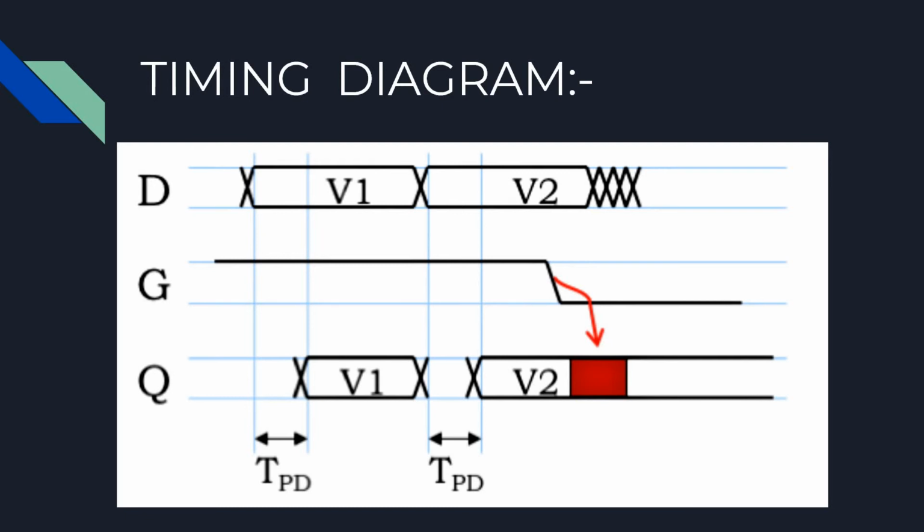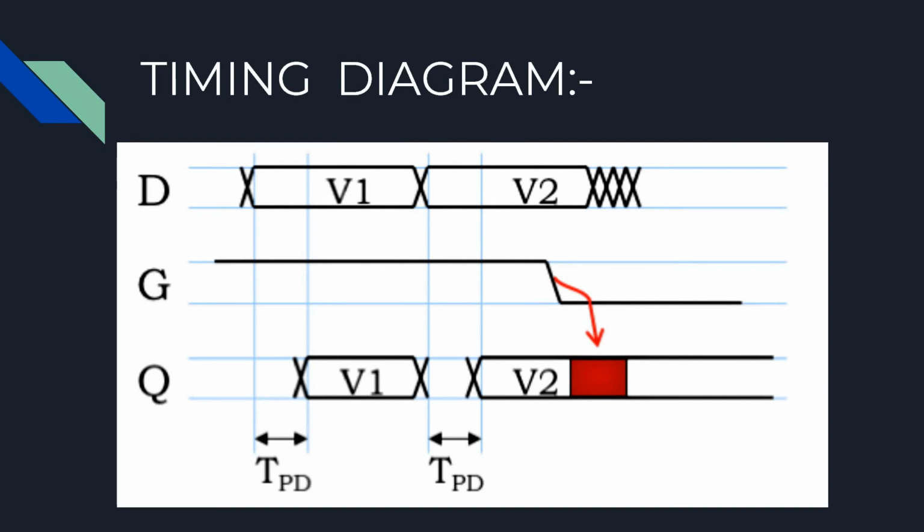The device is allowed to do whatever it wants in the interval between the contamination and propagation delay after the input transitions. But how will our memory work if the 1 to 0 transition on the G causes the Q output to become invalid for a brief interval? After all, it's the value on the Q output we are trying to remember. We are going to have to ensure that the 1 to 0 transition on the G doesn't affect the Q output.